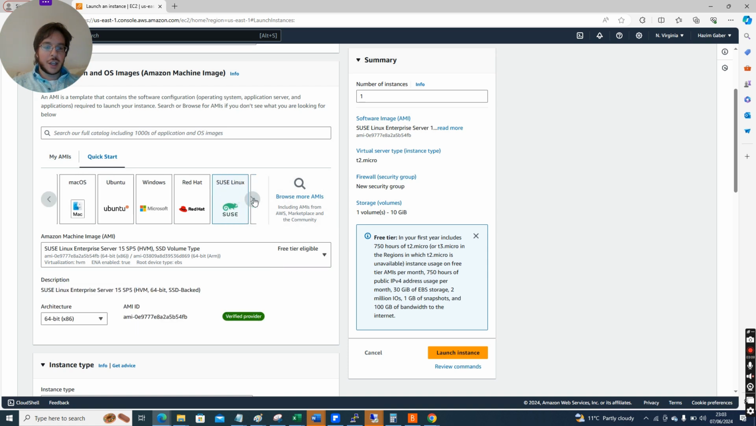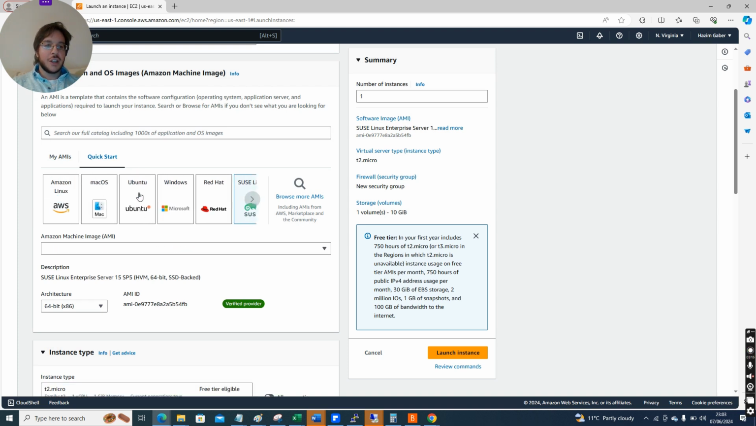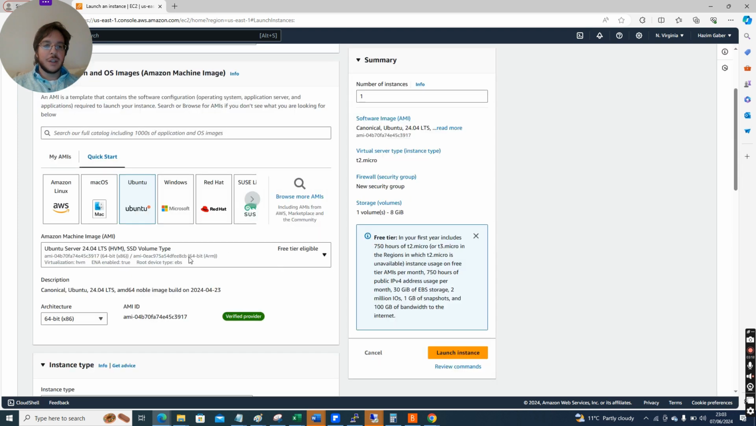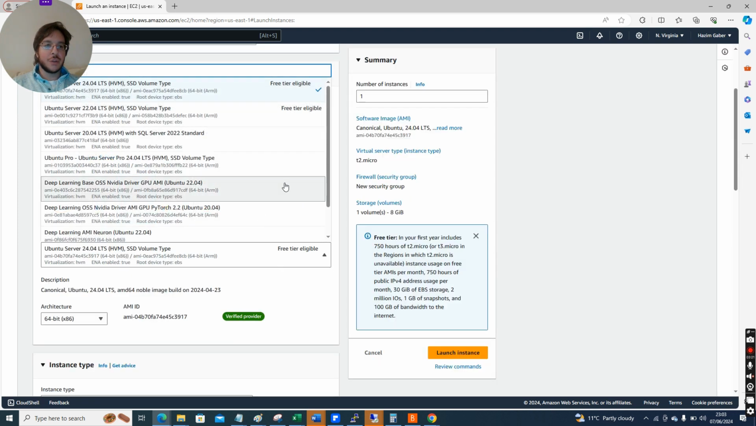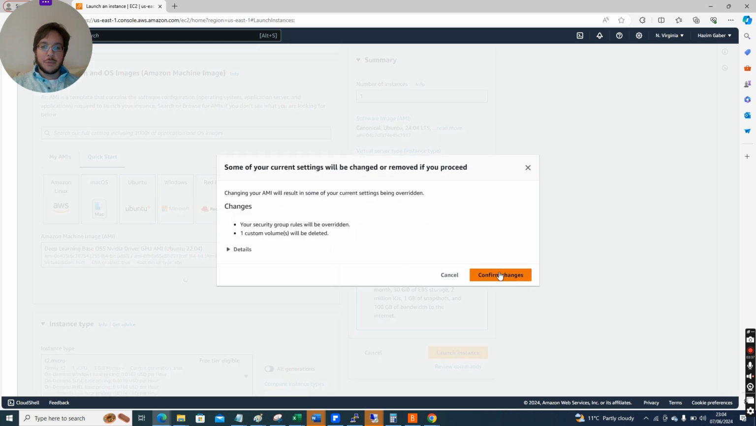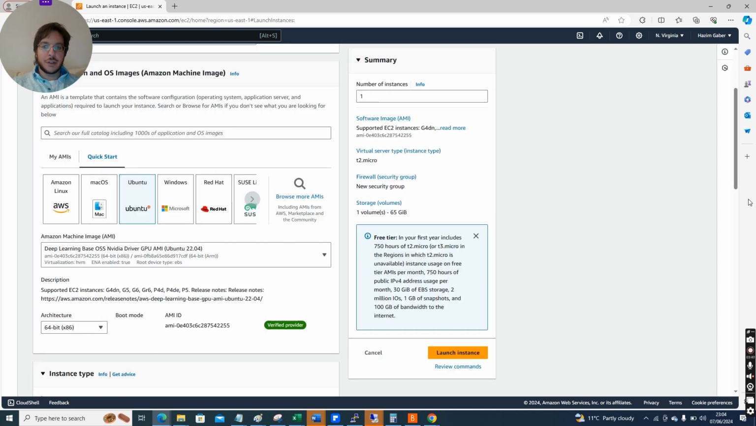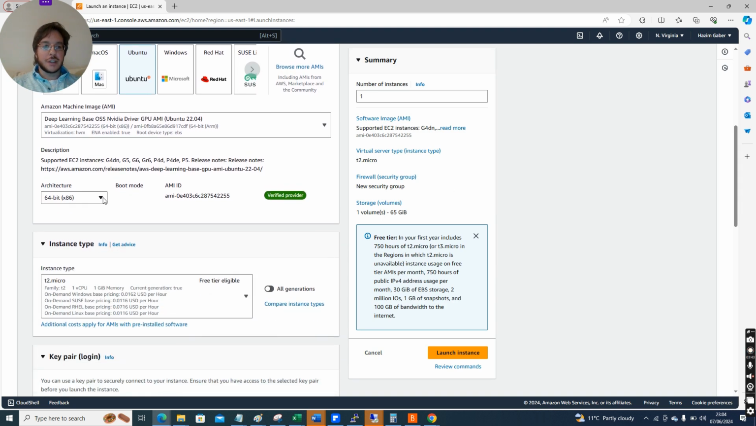So in this case, let's say that we're going to build an artificial intelligence application. So we're going to go with Ubuntu, and then we're going to choose an Ubuntu with a deep learning base OSS. So you'll notice here this is an NVIDIA graphic processing unit that's designed for AI, but it's running an Ubuntu operating system. So the AI is only available with certain types of operating systems here. So you can choose a 64-bit x86 or ARM processor,